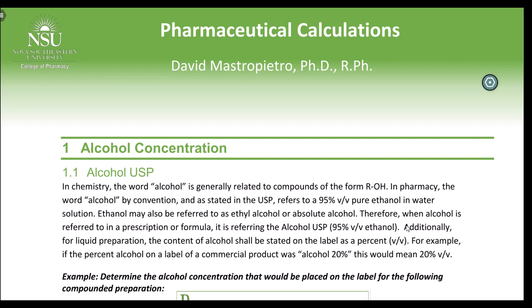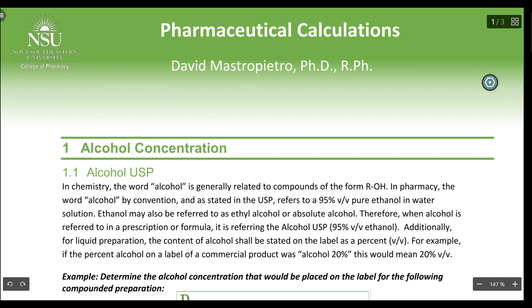This lesson is going to be on alcohol concentrations and how we describe alcohol when it's being used in pharmaceutical preparations and products. Now from chemistry, most of you are probably aware of what alcohol terminology meant, and usually meant something that had that OH group, an alcoholic group on it. But for pharmacy and pharmacy compounding, and for pharmacy calculations, the word alcohol, when you see it used without any other designation, it's referring to 95%